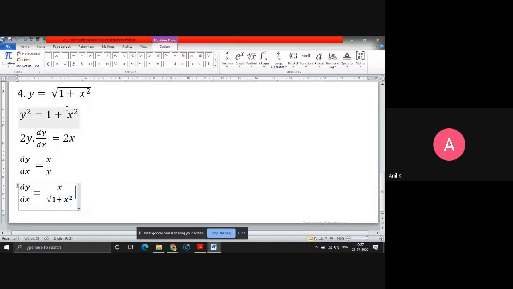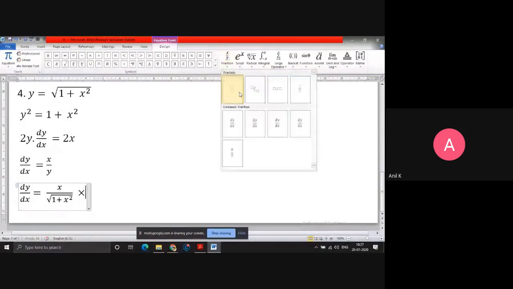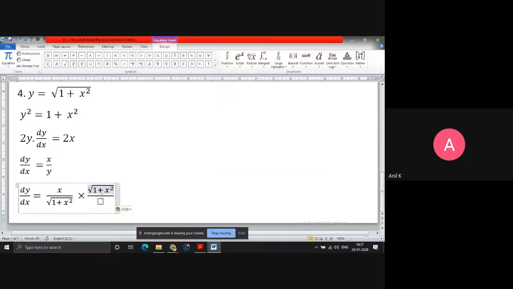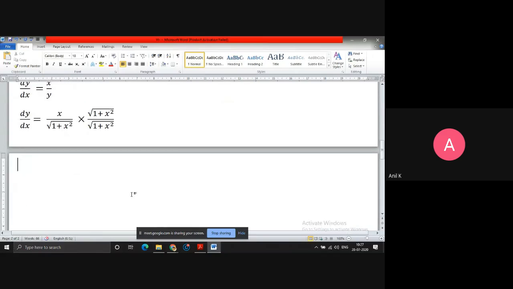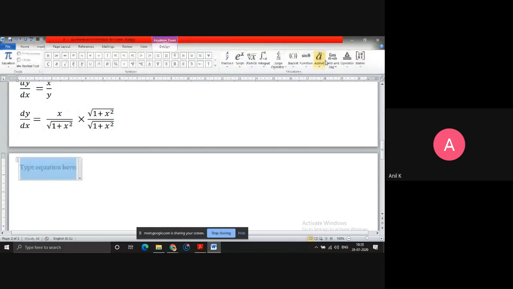So what you can do here is, now you can rationalize with the same term in numerator and denominator. When I rationalize, you may ask, why don't you keep minus here? I can't keep it because under root 1 plus x squared is a single term. So you cannot keep the minus inside the root. If there are 2 terms, I can replace with the minus term. But under root 1 plus x squared is a single term. So I cannot replace the minus sign between 1 and x squared. Okay, next step, I think you got your desired answer.